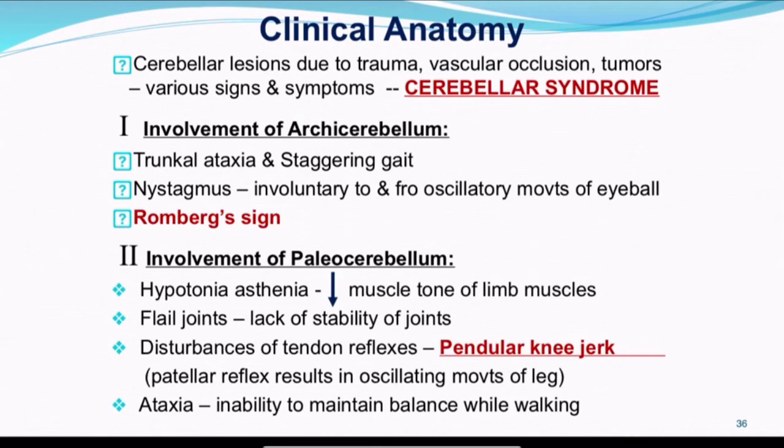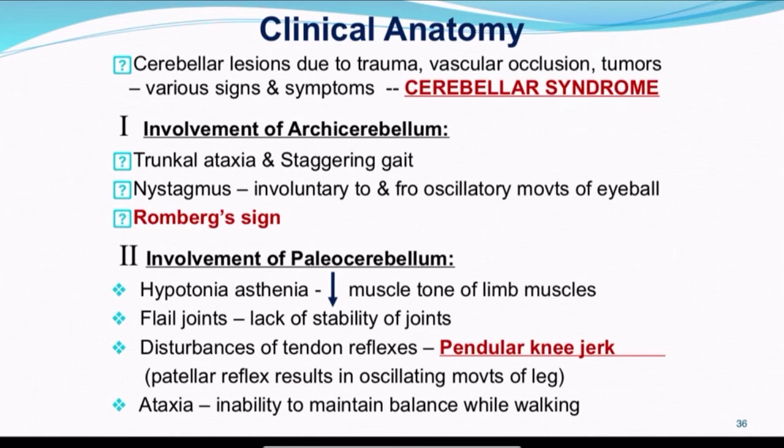So if there is involvement of archicerebellum or the components of archicerebellum, those parts of cerebellum involved in trauma, vascular occlusion or tumor, there will be truncal ataxia for the patient and staggering gait. Truncal ataxia means he will be swaying, he will not be able to stand straight or erect. Staggering gait, he cannot walk in a balanced way. Nystagmus, when you ask him to see this side, that side, you will be having involuntary to and fro oscillatory